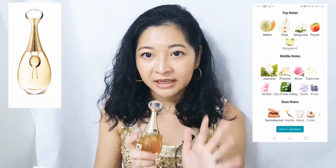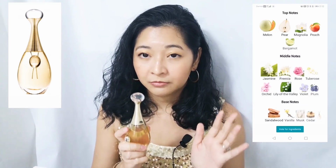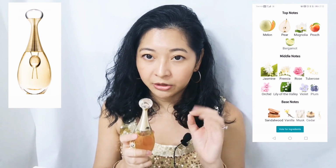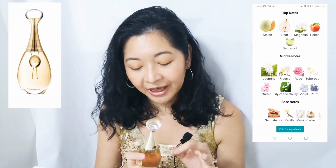Now, the main note here is jasmine. So if you don't like jasmine, please stay away from this perfume. Jasmine can also be quite animalic, and I think in here you definitely get a sense of that. But there is sweetness, and a lot of people call it a kind of honey type of sweetness, and that for me definitely comes from orange blossom, because I have come across that bubble gummy honey sweet smell